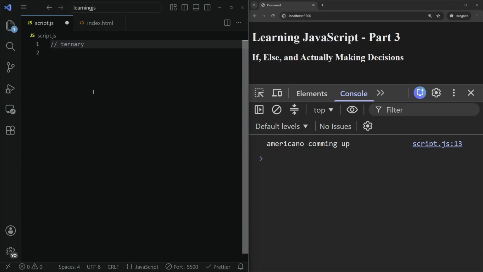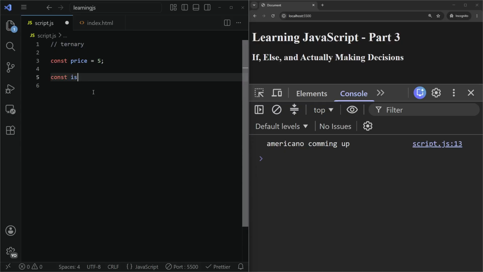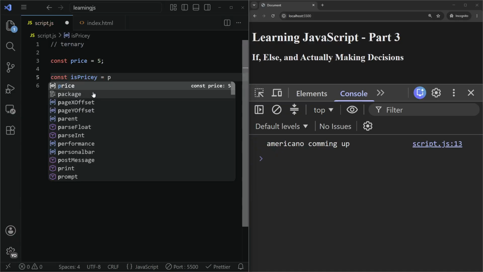So it's an if else that fits in one line. So let me do an example. Const price is equal to 5 berries. Const pricey is equal to, and then